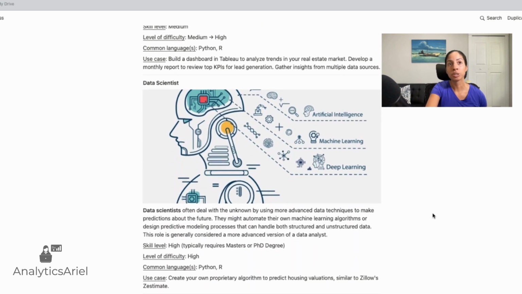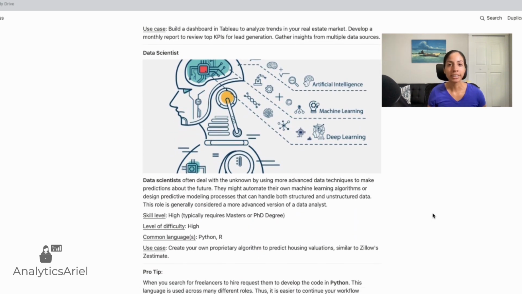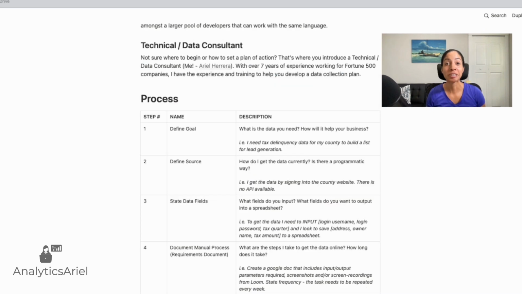Now, if you want to do something like forecasting, kind of how Zillow does in terms of Zestimates, and being able to say home value forecasts in general, that's where you would get a data scientist to create that proprietary data for you. Great, so now you have the knowledge of the 4 different types of roles that work with data, which is web scraper, full stack developer, data analyst, and data scientist. When to bring them in, what the skill level is, you could start to be able to hire out these